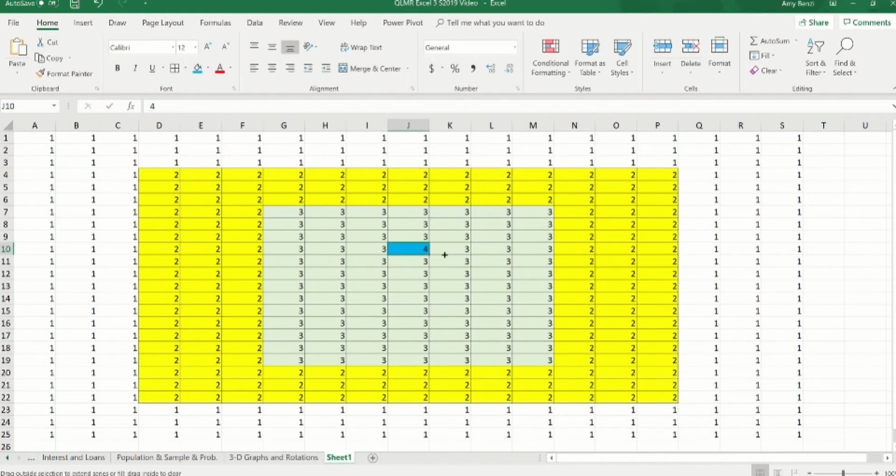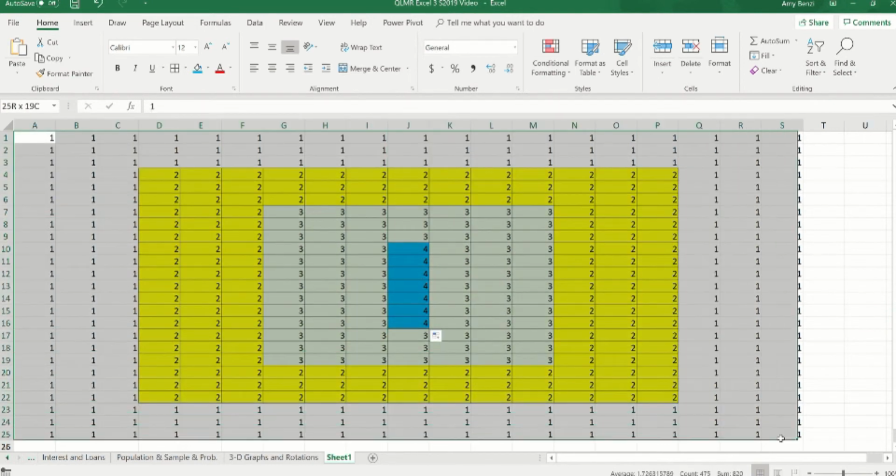All right, so let's see. It looks like I don't get to move that way at all. How far down do I get to move? Right there. All right, so you guys can see that I left 3 columns and 3 rows of 1s, of 2s, 3s, and then I ended up with my 4s right here. So now what I'm going to do is just select all of this data,